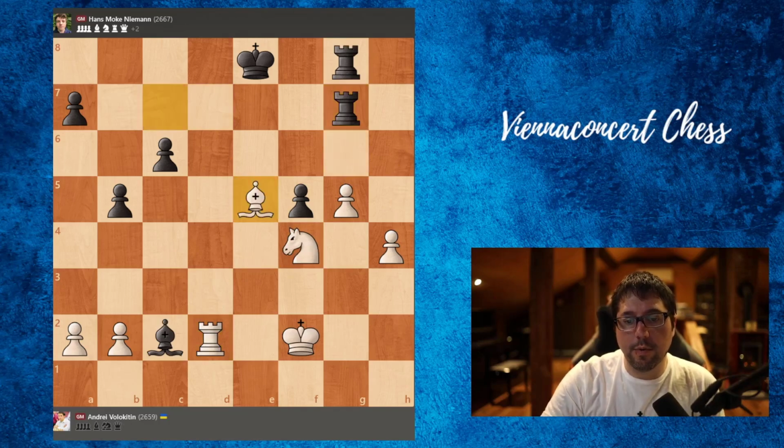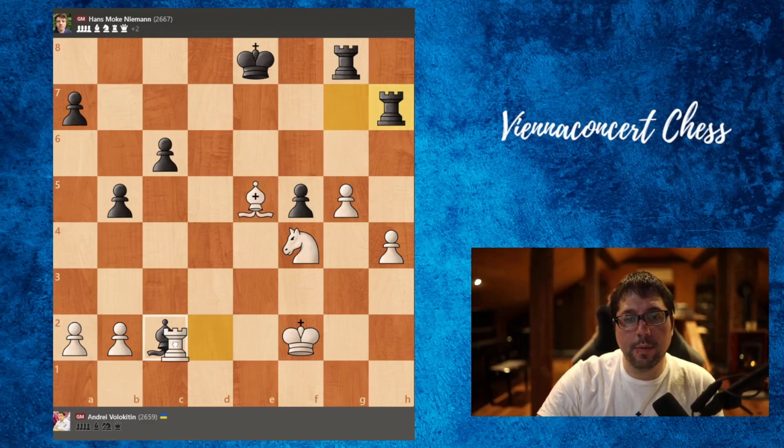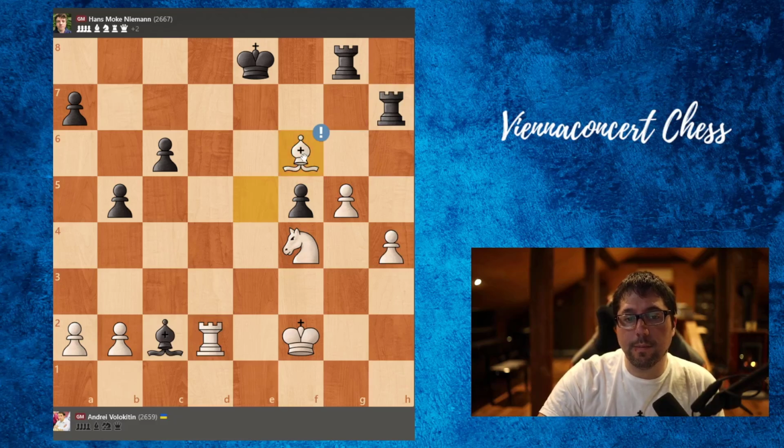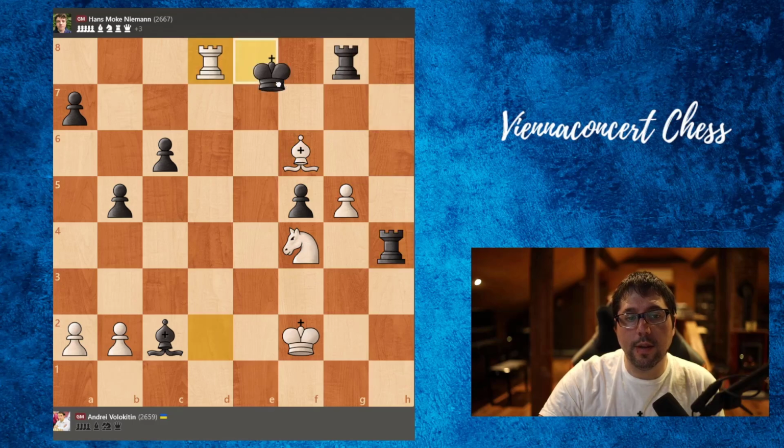Now bishop goes to e5, rook h7, and here the best move by Volokitin, bishop to f6. If we take here on c2, now black takes here, but of course this is still very much winning for white. But even better is this one, so very professional and good play. Of course, if take here, we will consider some lines. Rook to f8 was played in the game, but if black takes here, now we have this check on d8,